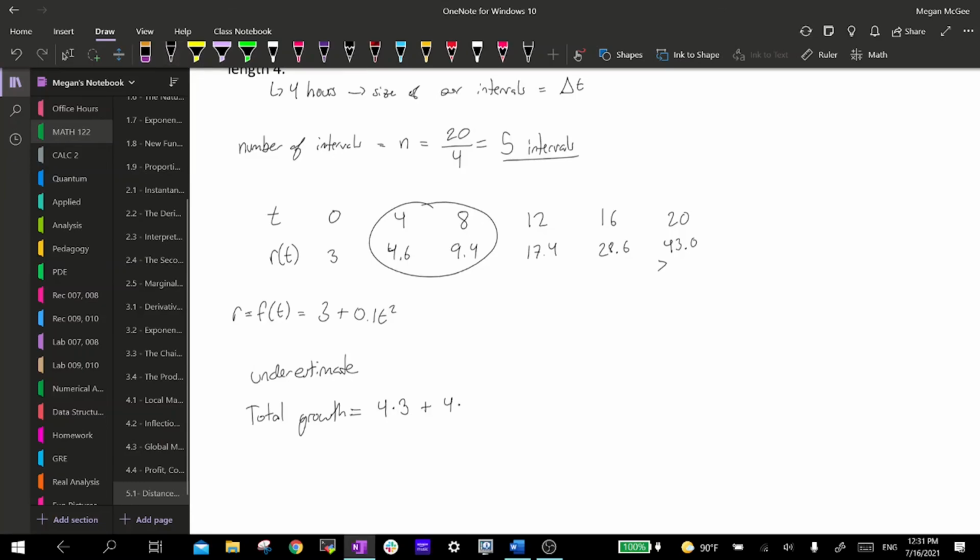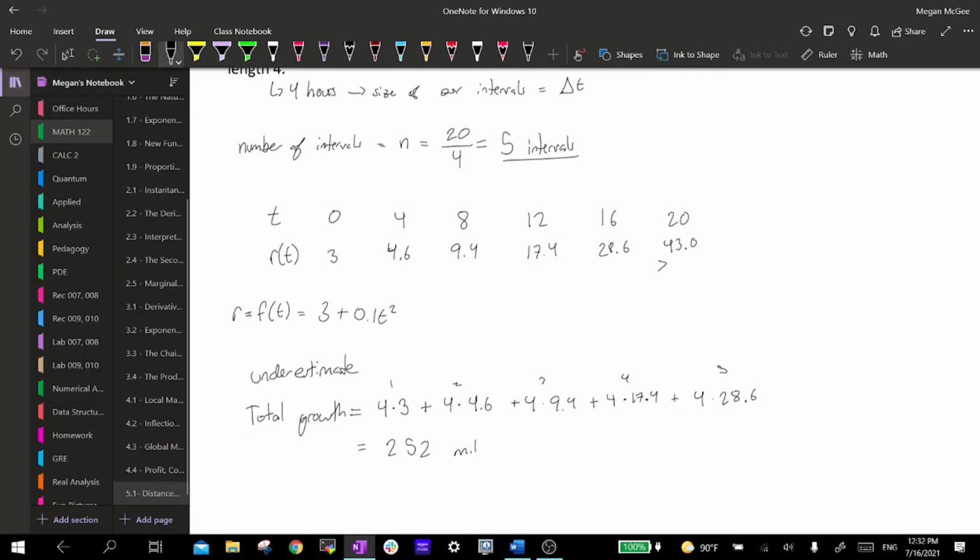So we pick 4.6. Then again we need 4 times 9.4, and 4 times 17.4, add that to 4 times 28.6. Let's make sure we get 1, 2, 3, 4, 5 intervals. We add this all together and we get